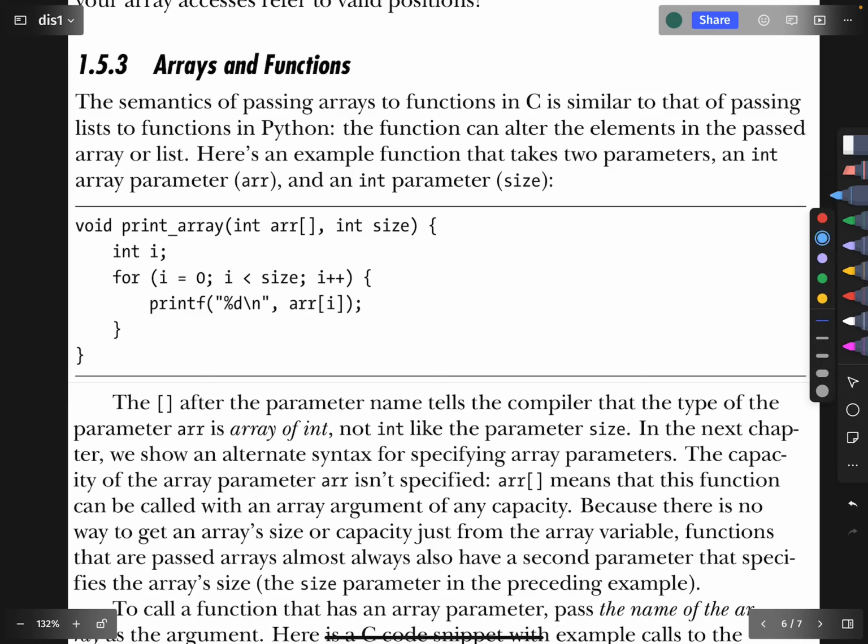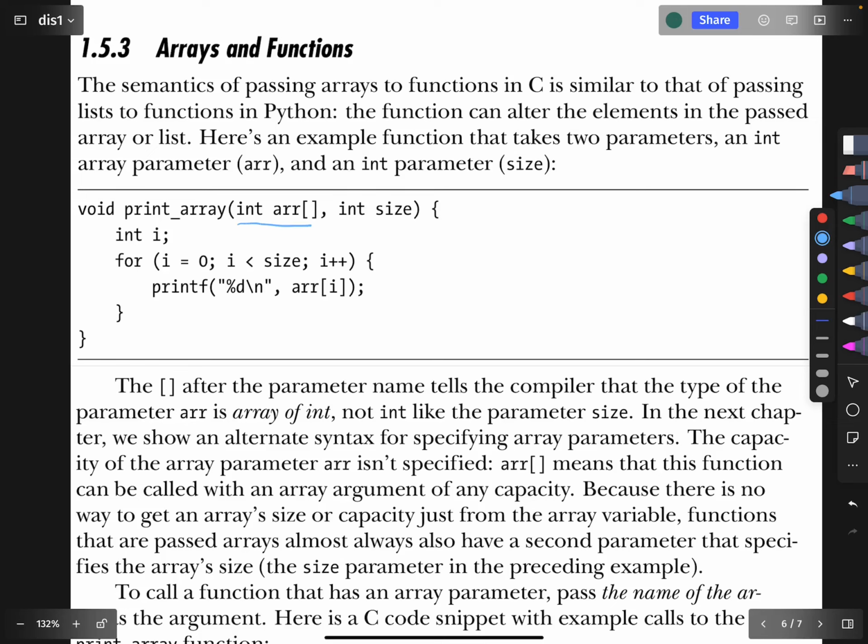Okay, let's now talk about arrays and functions. So we saw in the previous video that when you pass a value to a function, it is passed by value. We really emphasized the point, but this time we're going to pass in an array. Roughly what pass by value meant was that the values get copied over and assigned to the parameters of the function. Is that what happens